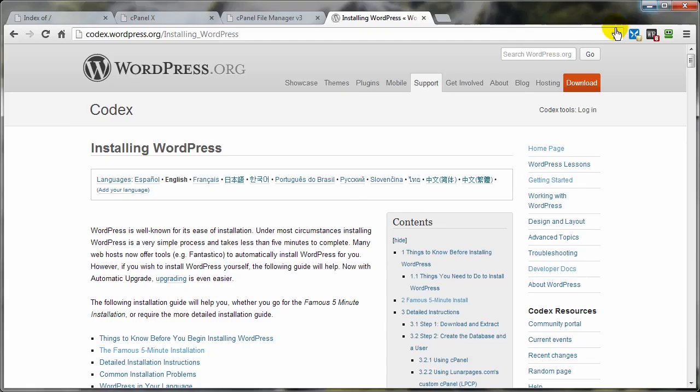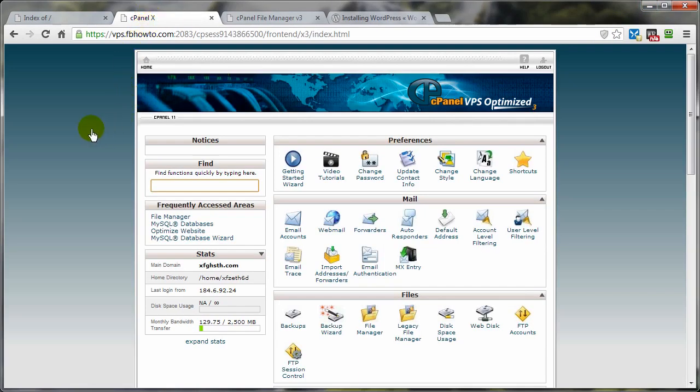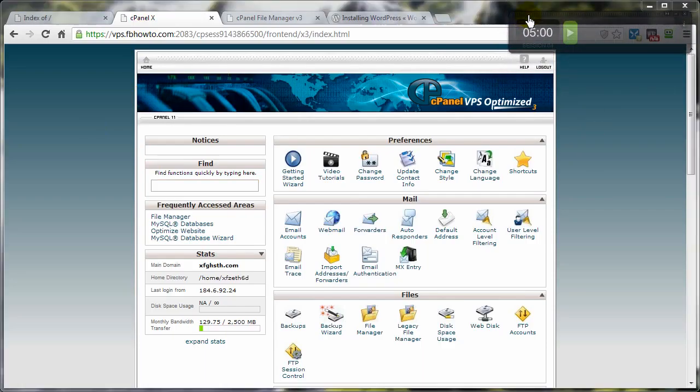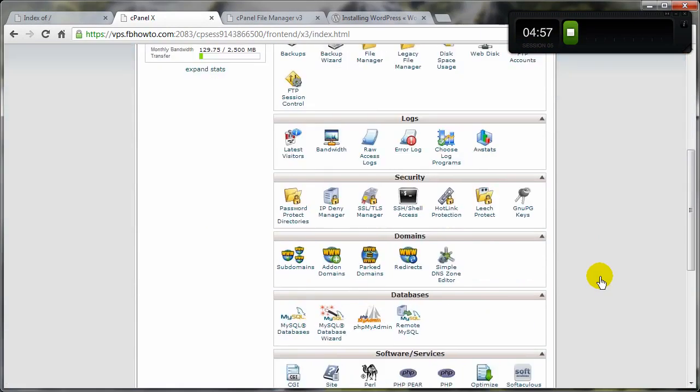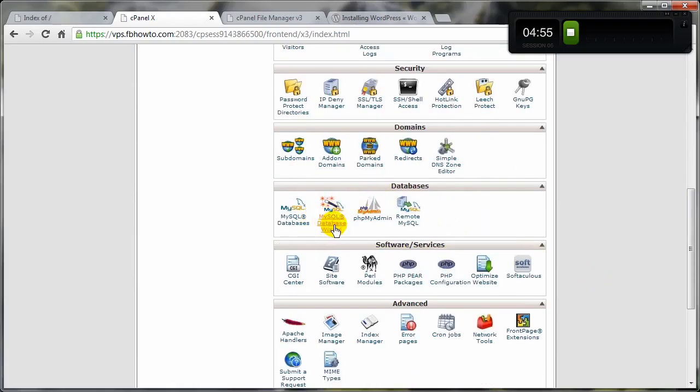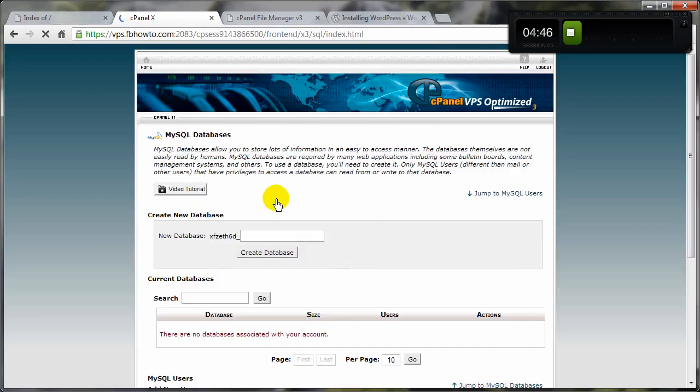Let's get FileZilla out of the way here. Okay, so now I want to go over to our cPanel control panel to create our database. But first I want to pull in our little timer here so we know that we're going to accomplish this in under 5 minutes. Go ahead and start that up. Come on down here to our databases panel, and you can either use the MySQL database wizard, which we're not, or just go into the MySQL databases, which we are, and we want to put in here the name of our database,